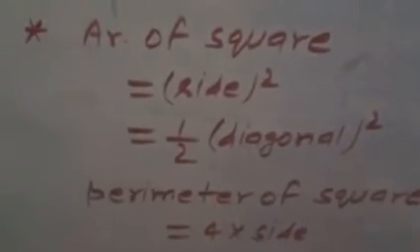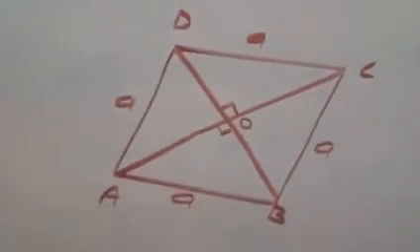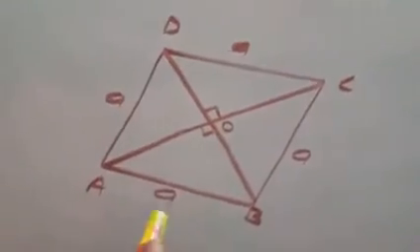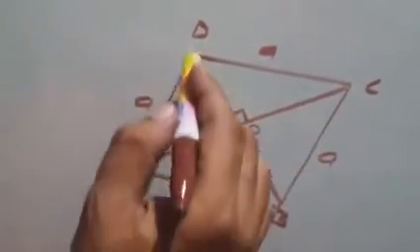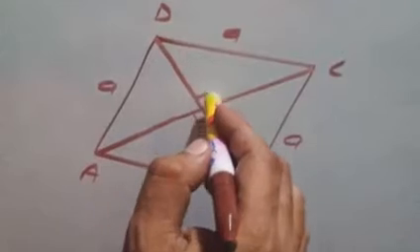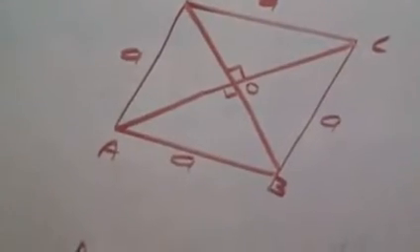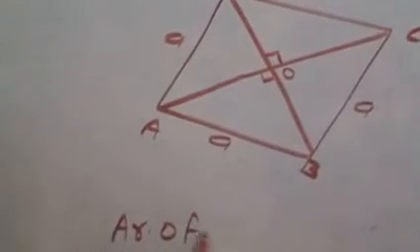Now here I am going to find the area of a rhombus, and for that, ABCD is a rhombus. As we know, all sides of a rhombus are equal and the diagonals bisect each other at 90 degrees. So this angle is 90 degrees. So if we find the area of rhombus,